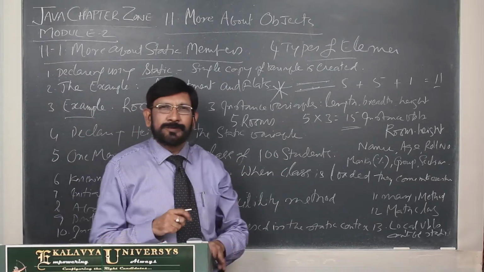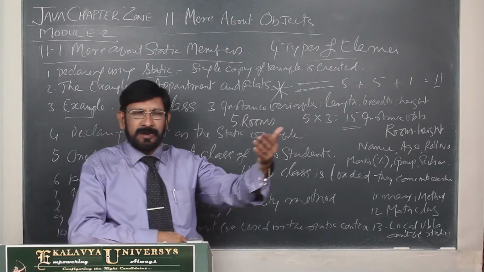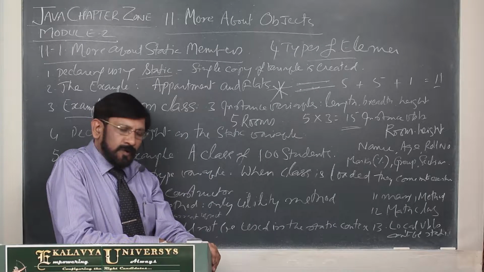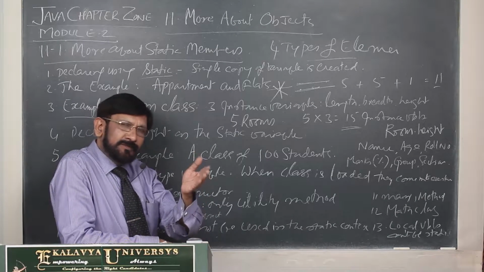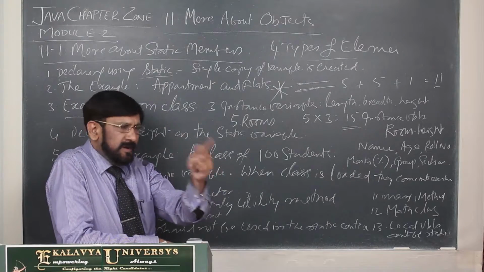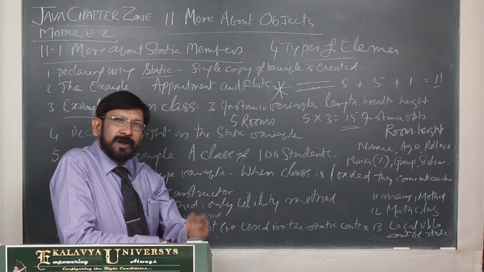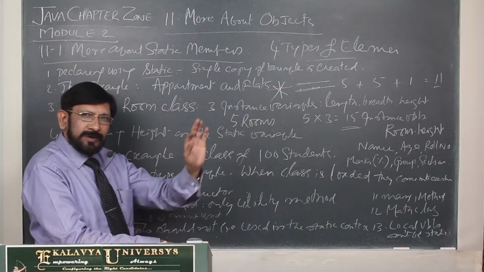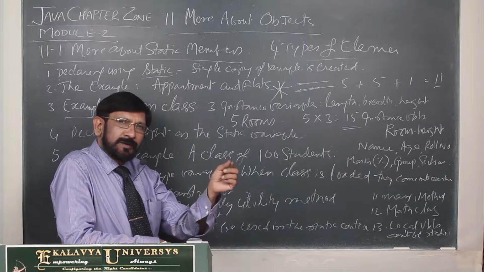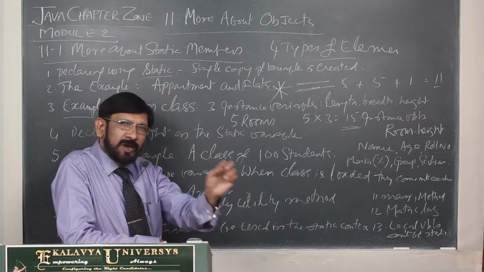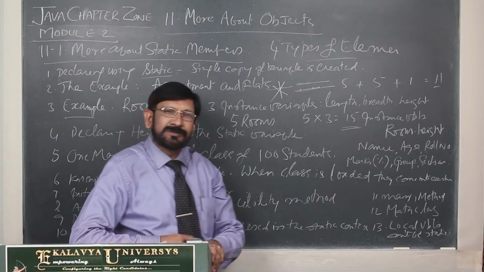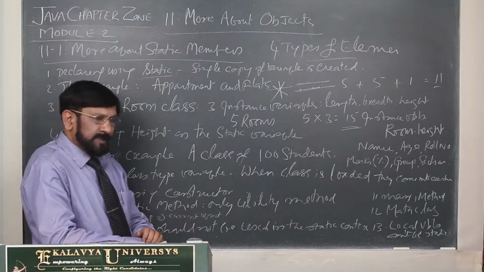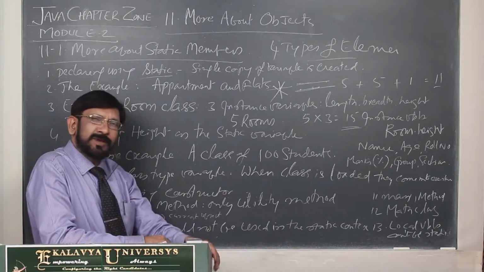One more example I give you. In certain cases relating to amount, you may round off the amount. Rounding off means the paise part, if 50 paise or more, you treat it as 1 rupee and add to the rupees. And if it is below 50 paise, ignore it. That is rounding off. So, in a particular class, you define rounding of amount, rounding of bill amount. In such a case, definitely it is a utility service. Such types of methods, if you define, you can declare them as static methods.